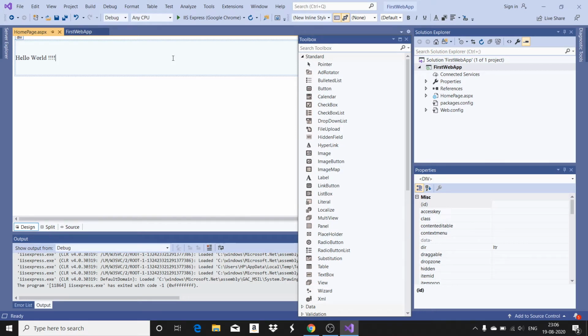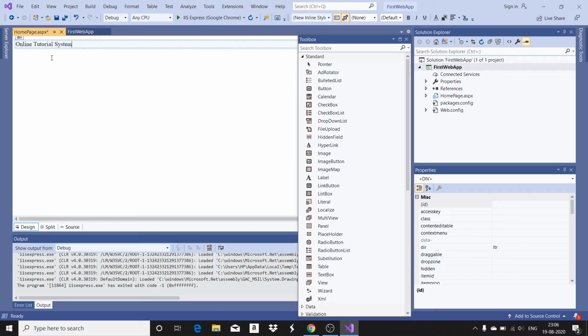Now we are going to have a dynamic web application. This is a static web application because whenever you open it, you can see only hello world. Now I'm going to create a login page. Let me call it online tutorial system, since we are all going through online classes.